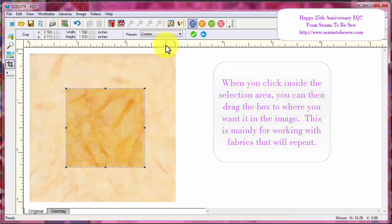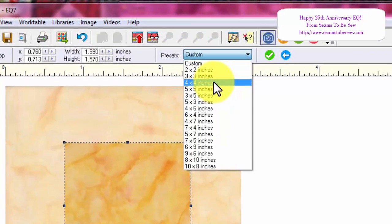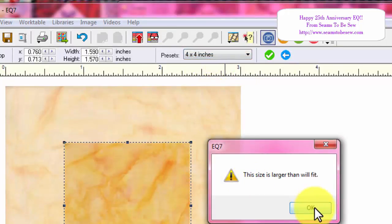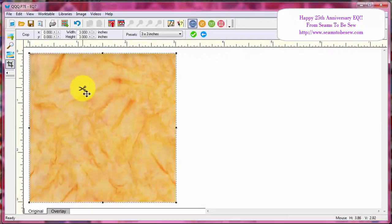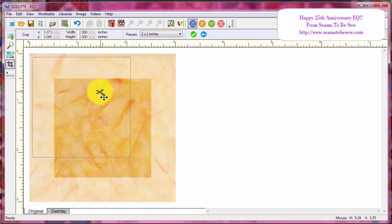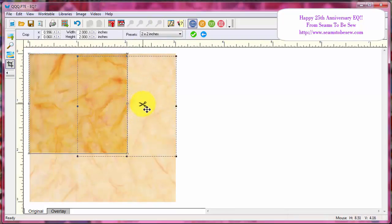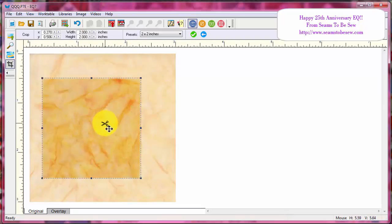The other option that you have is up here in the presets. It will give you preset amounts that you can choose to make the sizes larger than what will fit. Of course you can't really go any larger, but we can go down to 3 by 3, and I think that's what this was in the first place, if I remember right. So I don't know that I want to do that. I'll go with 2 by 2 so that I can move this around, and this way this is what's going to cause me a repeat. Once it finally repeats,